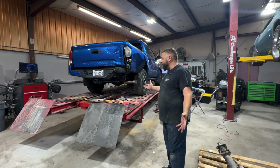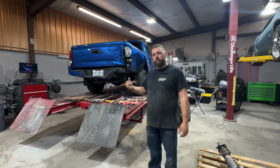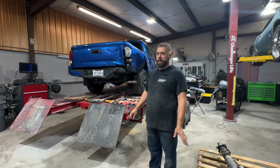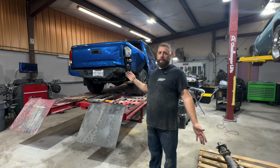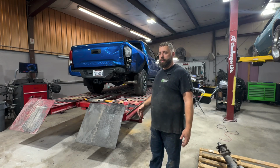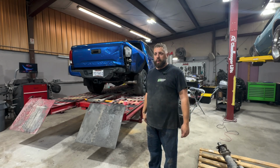and showing y'all the valuable piece of equipment that we have. Most shops around here do not have something like this. Some do, not saying they don't, but most shops don't. So that might be a question you might want to ask your shop that you plan on bringing your car to before you do. That could be a decision that helps you decide whether or not that's the shop you